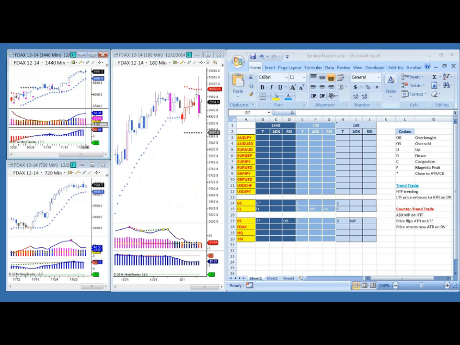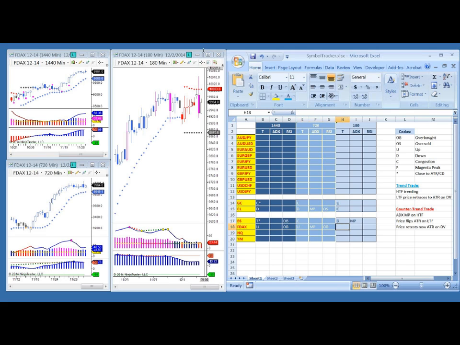The DAX, are we overbought, oversold? Yes, we are on the RSI. We are overbought, not near congestions or anything else, and we are trending up. All right, on the 720, what are we doing? We're trending up. Has that magenta peak fully retraced back to the ATR? No, it has not. Okay, so I'm still going to mark that magenta peak, and we are overbought on the